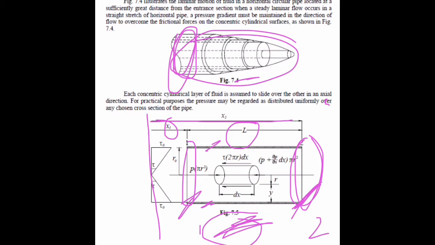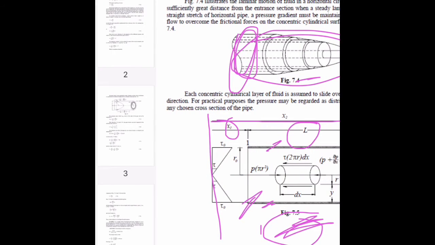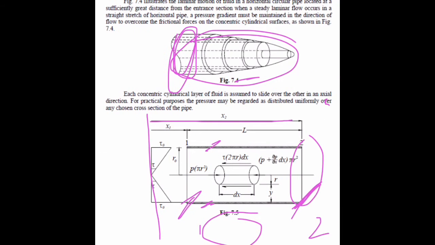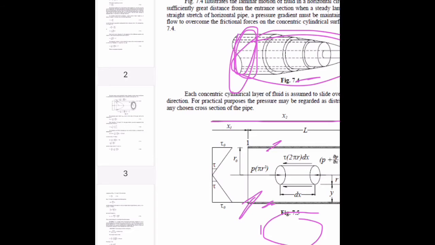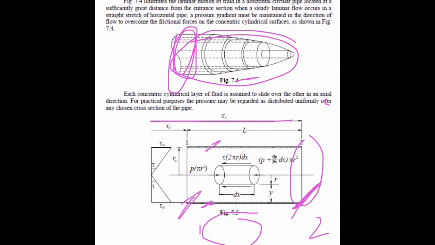Let us consider a small cylindrical element of fluid having length del x, situated at a distance y from the lower fixed boundary, and r is the radius of the cylindrical fluid particle. So, on the cylindrical fluid element, there will be two forces acting, pressure force and shear force.